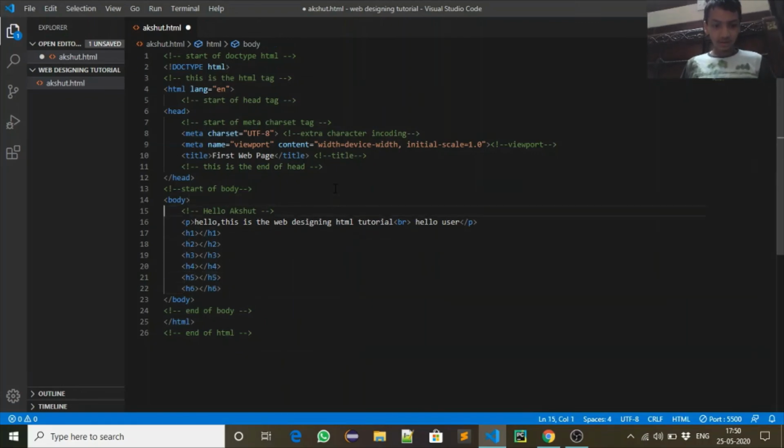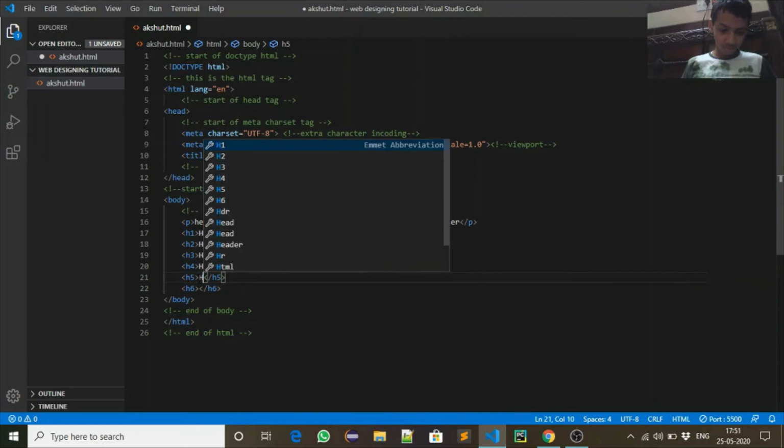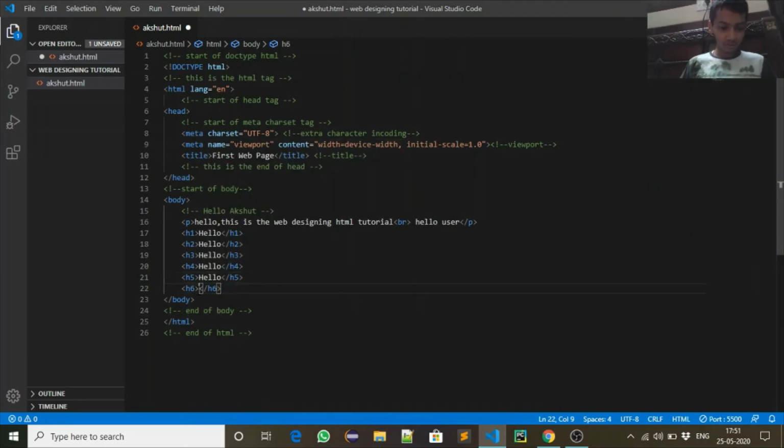So like I will write hello, hello, hello, hello, hello, hello. Every heading tag has a different size when it is displayed.